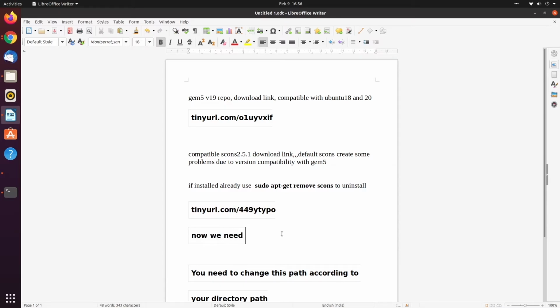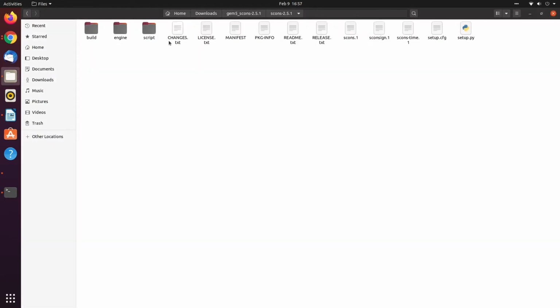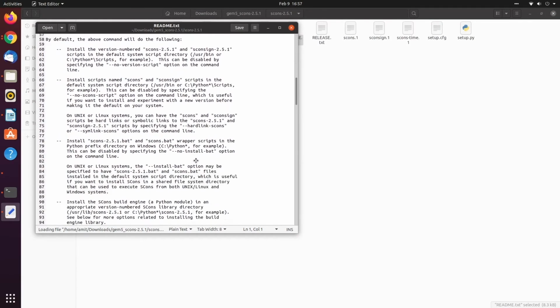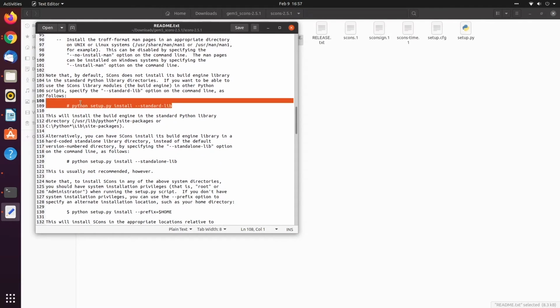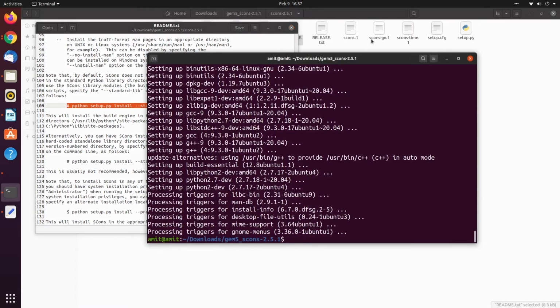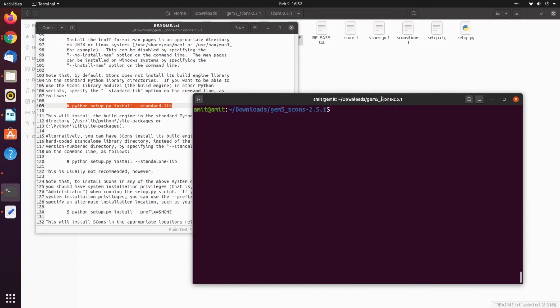Now we can proceed to install the scons that we had already downloaded. For that we need to move into the scons directory, and there is a readme.txt file. From there you can get the installation instructions, and we need to install it using Python and as a standard library. So we will issue the command here: first move into the scons directory, then python setup.py install